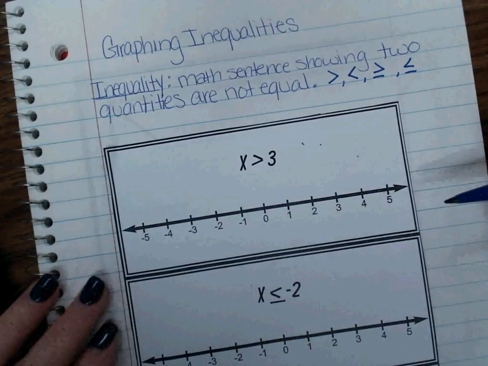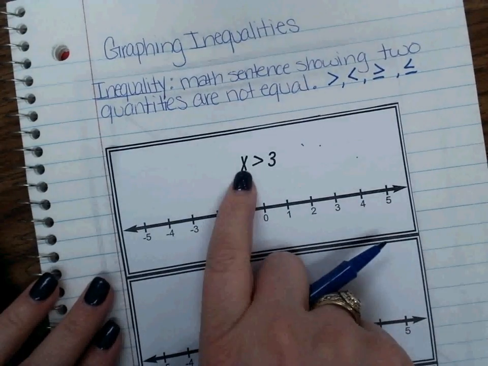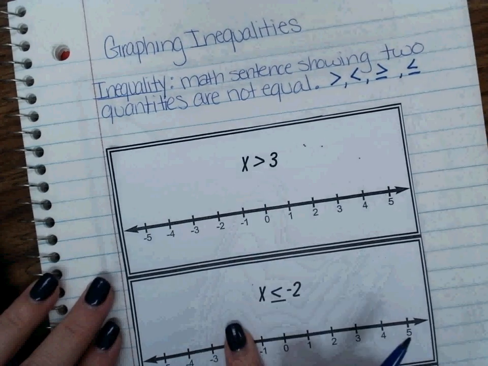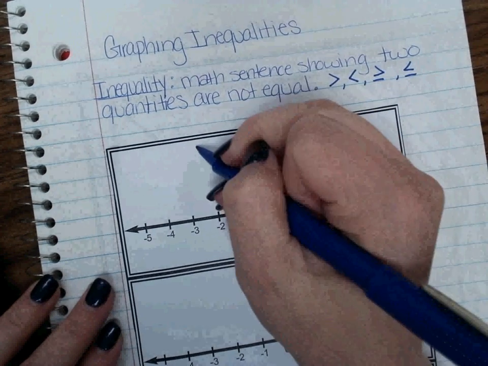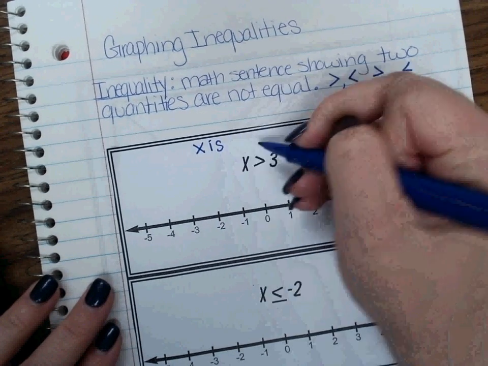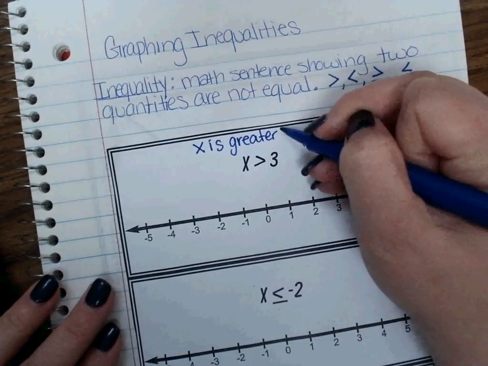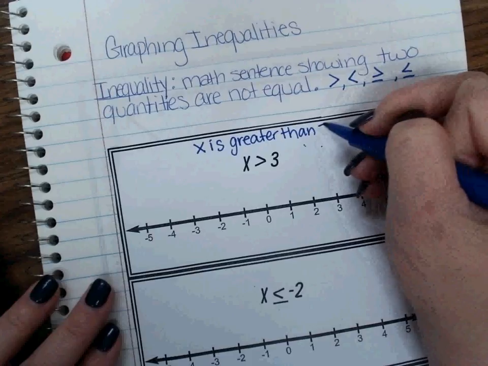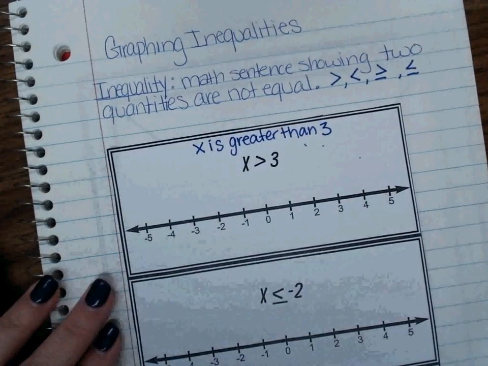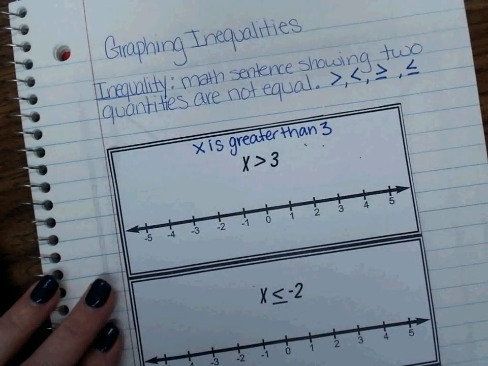So for this first one, I have the x and the 3. Now, x is not equal to 3. It says that x is greater than 3. So I'm going to write that. X is greater than 3. So if x is greater than 3, I need to graph all the numbers that are greater than